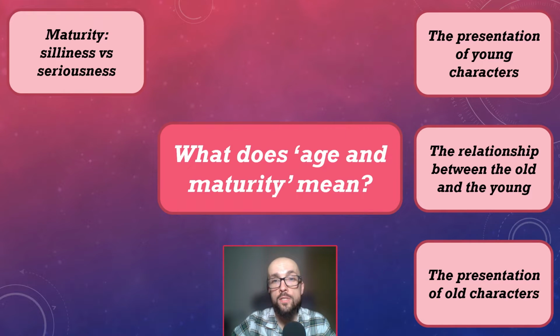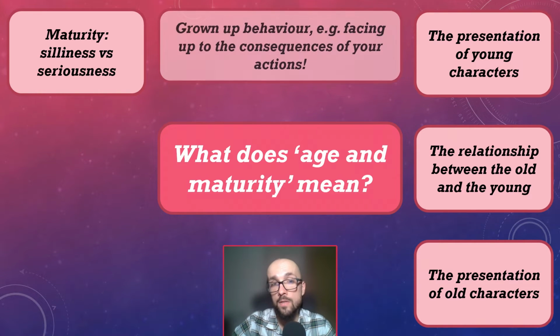As such, you could choose to think about Mercutio and Benvolio with this theme in mind, given that Mercutio is often quite humorous and flippant and unserious, especially when with Romeo, whereas Benvolio appears to be much more level-headed and pragmatic about things. You could even argue that the ability to face up to the consequences of one's actions, especially when those consequences aren't great, is quite a grown-up and mature thing to do. As such, moments in the play where characters refuse to accept such consequences, like when Tybalt and Romeo run away after they kill people, these could be moments where a lack of maturity is evident.